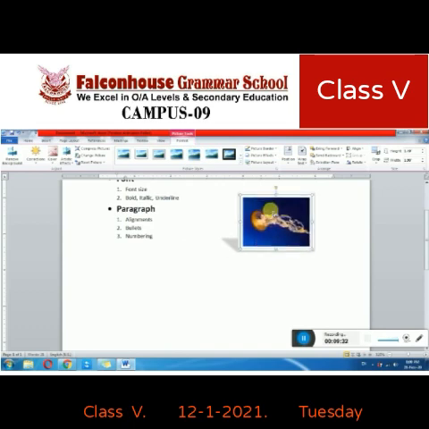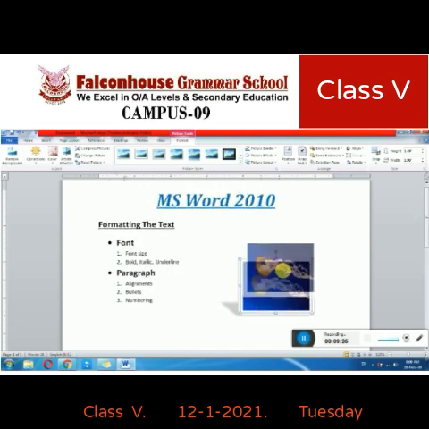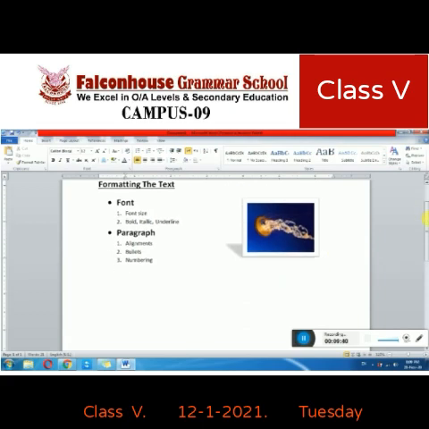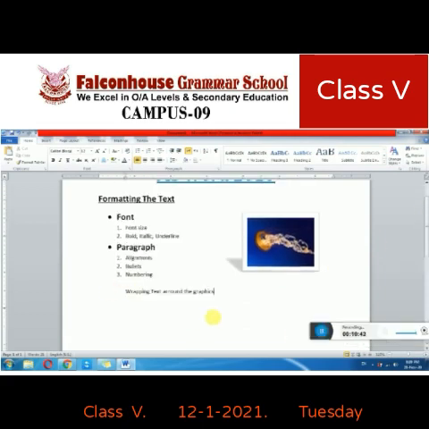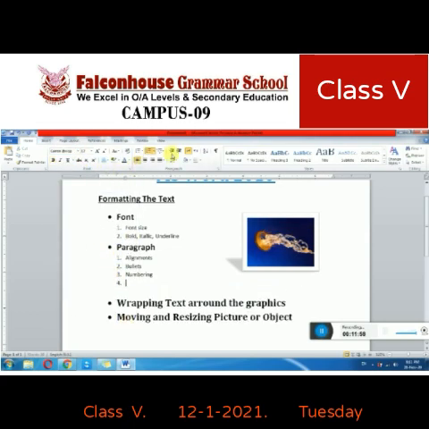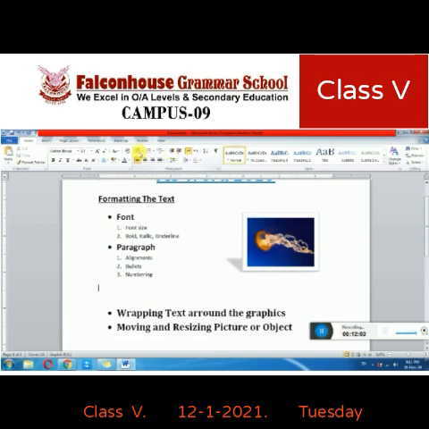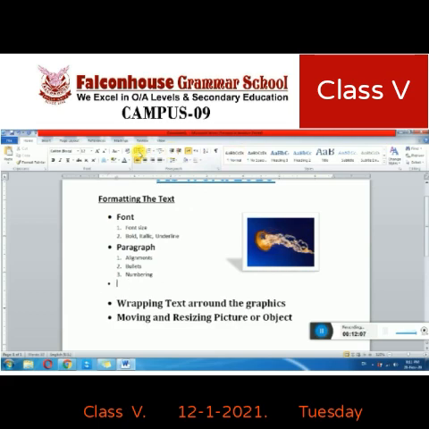Now I drag the picture, that is called moving the object by dragging it. You can see how we can resize the picture when the plus sign appears, then drag it. We have done wrapping text around the graphics, and moving and resizing the picture. We can apply it on any object like a shape and anything else.